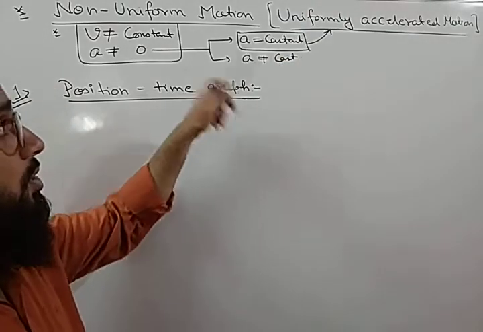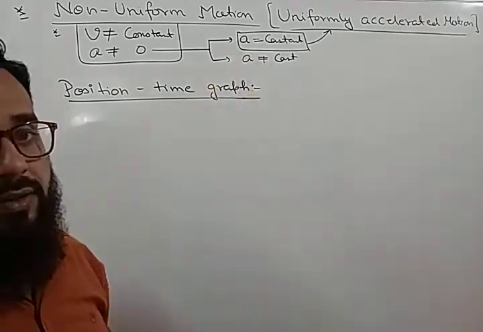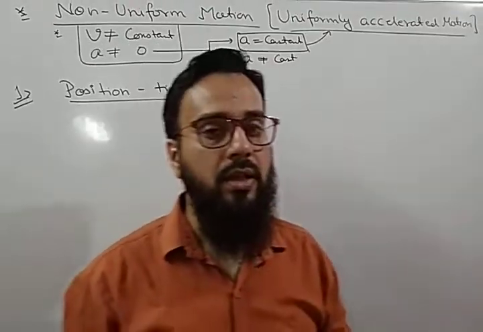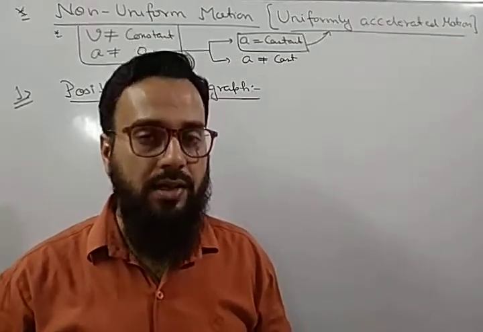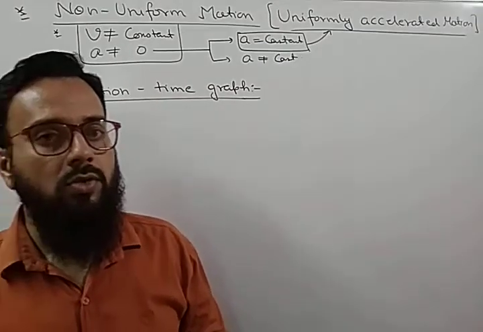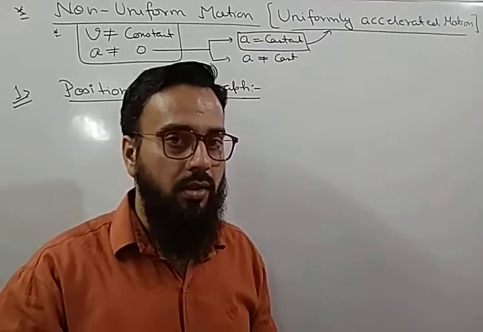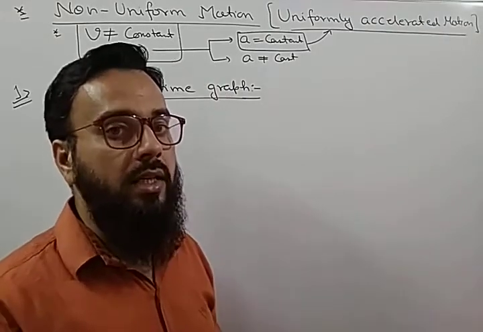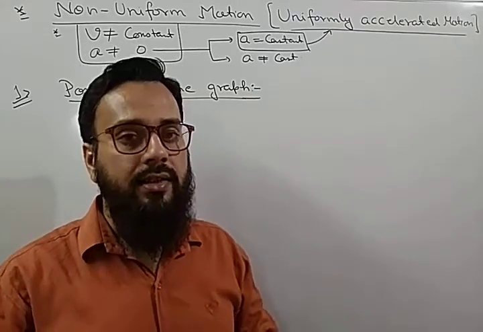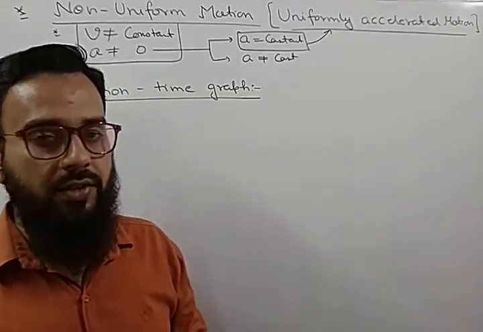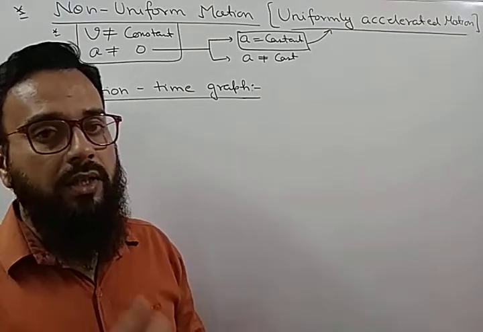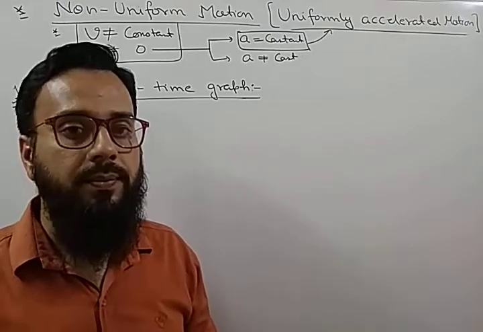Because the acceleration is not zero, it means it will be constant. But for constant acceleration, we have discussed two things. One is acceleration and the other is retardation. Retardation is also acceleration, but in the opposite direction. When the speed or the velocity of an object is continuously increasing, then we say that the object is in acceleration. And when acceleration is constant, it means the rate of change of velocity is constant.